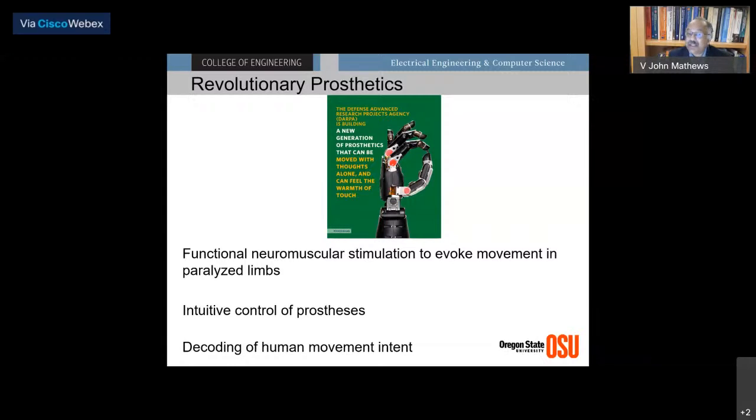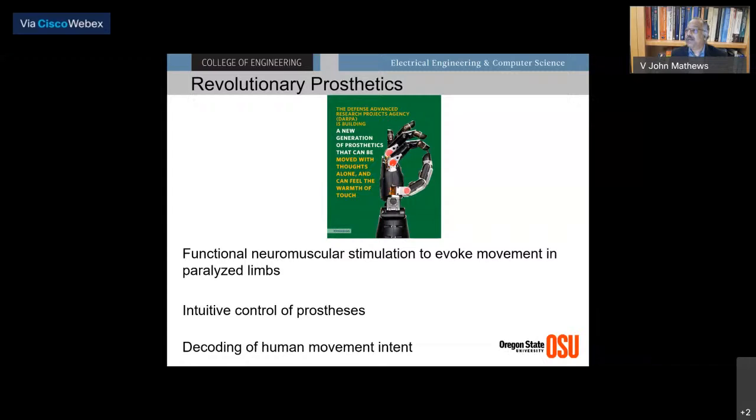The bioelectrical signals can actually come from many different sources. The most common source that we use for amputees and prosthetics, artificial limbs for amputees, is electromyograms or EMG, which you can actually obtain from the skin. You can also obtain EMG from the muscles, but you have to implant an electrode into the muscles to make that happen. You can get signals from the brain, for example, electroencephalogram,